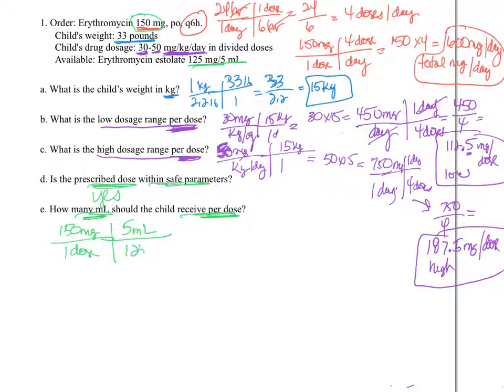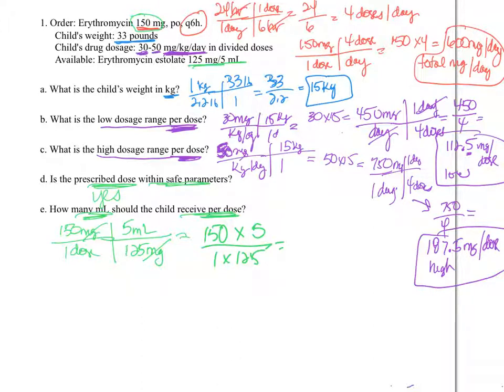That's a concentration of 125 milligrams. So we're going to cross out the milligrams, and that means we multiply 150 by 5 over 1